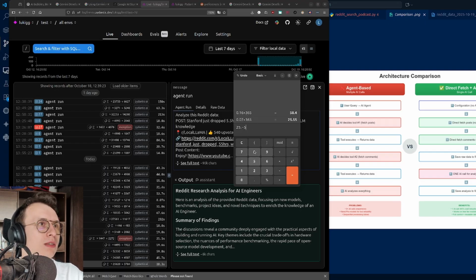But if we subtract this, we see that we need to reduce the cost of this solution by over 50%, which is pretty neat. I'm sure we can still optimize it more.